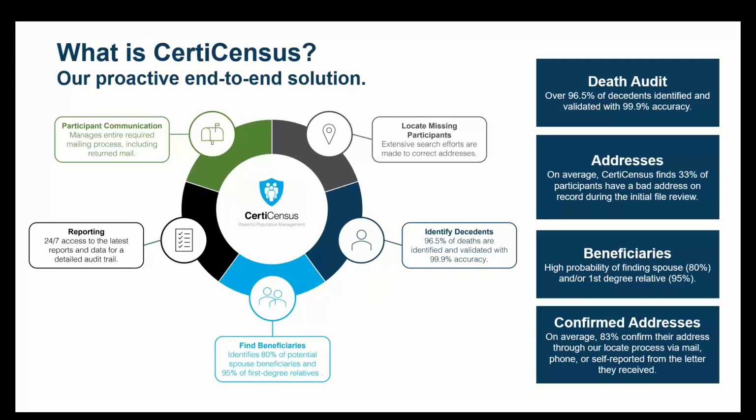Once a participant is identified as deceased, and if there's insufficient beneficiary data that you have, you can submit that participant to our BeneSearch service within your CertiCensus project. Our BeneSearch service and report will identify a potential spouse with up to 80% probability, and a first-degree relative with up to 95% probability. You'll receive a comprehensive report that includes the following information: confirmation of that participant in fact